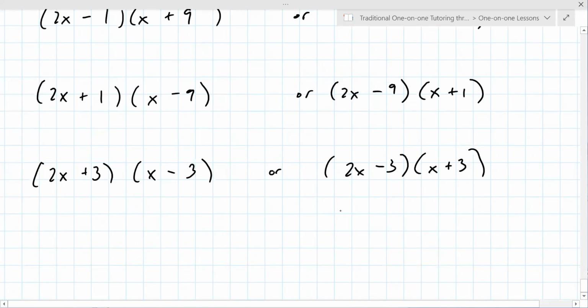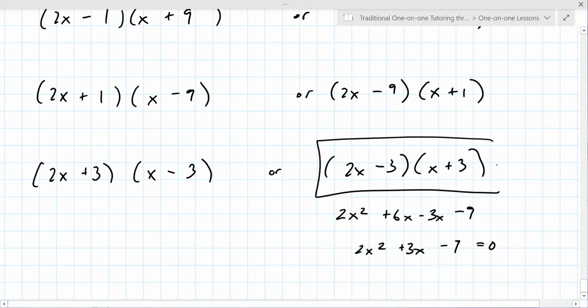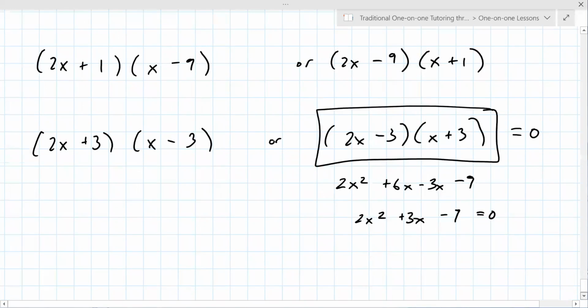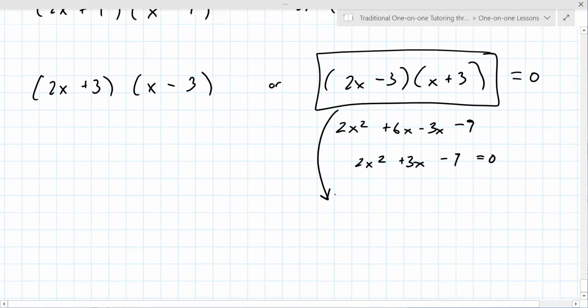The correct answer, though, I believe, is this one down here. It's 2x squared plus 6x minus 3x minus 9, 2x squared plus 3x minus 9. That's what we're looking for here. So this is the right one. You set it equal to 0. So then you have to make both of them 0, so 2x minus 3 equals 0 and x plus 3 equals 0. And then that would leave you with 2x equals positive 3, x equals 3 halves,